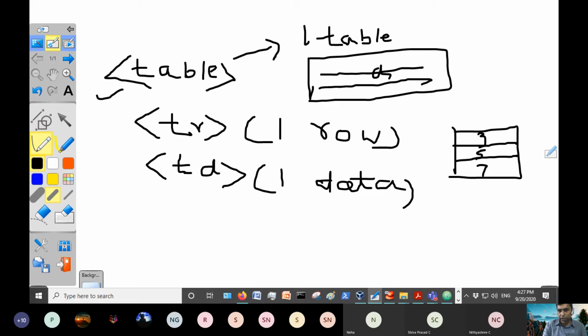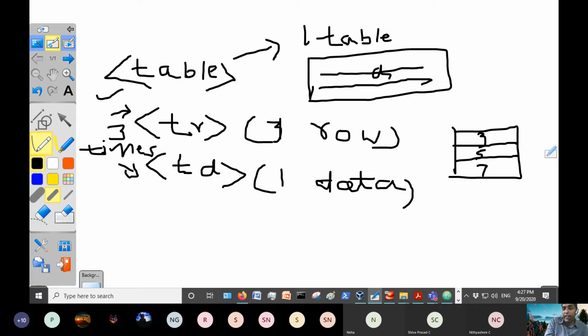Next you want to create 3 rows, so you should use TR 3 times, as well as TD, because 3 rows means there will be 3 data. 3 times we should use TR and 3 times we should use TD. So that is the point to note.